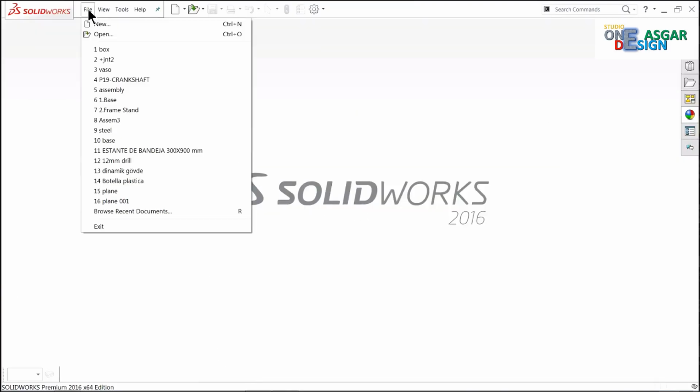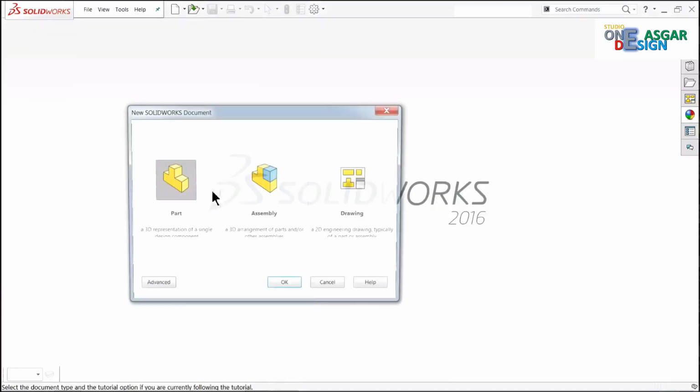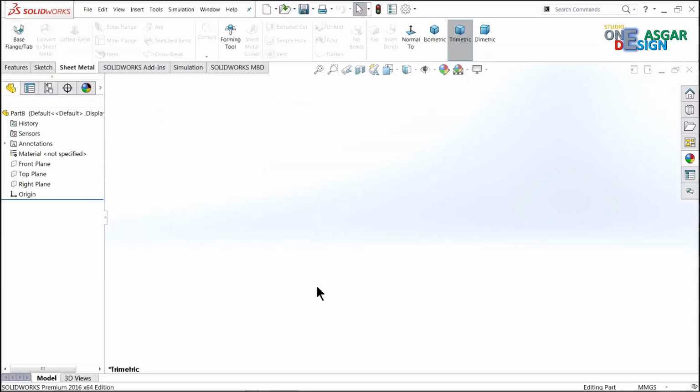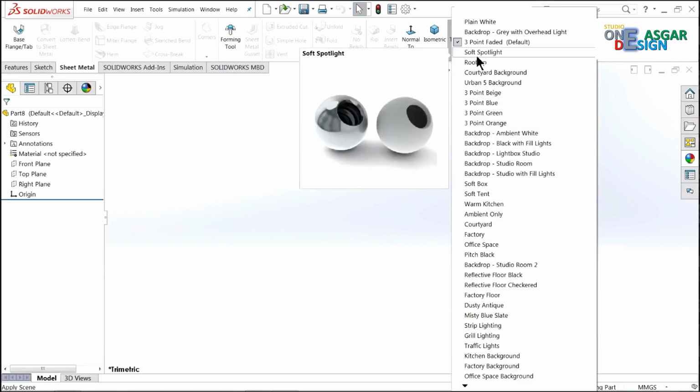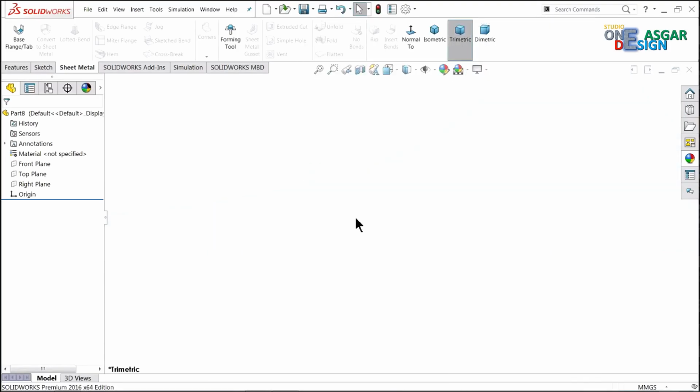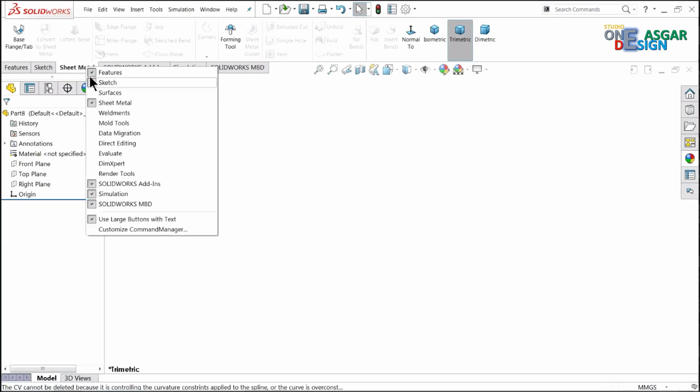So let's start to create this one. Now let's go to file, choose new part. Okay, now here we are going to make some more practice in sheet metal. So now let's try to do some simple examples. So we will choose here, better to right click and choose here